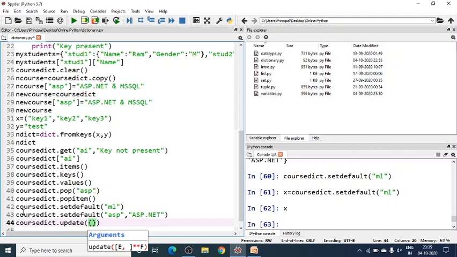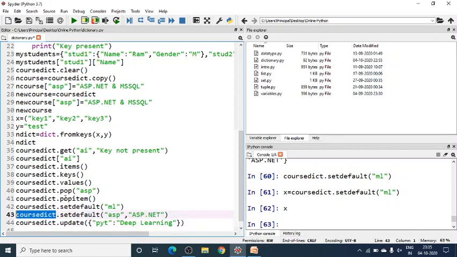So suppose I'm passing ASP and then I'm just passing PYT and then I'm giving some deep learning. I'm just changing the value. So what will happen if the key is present? It will update